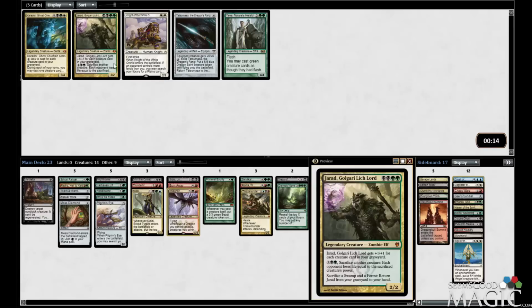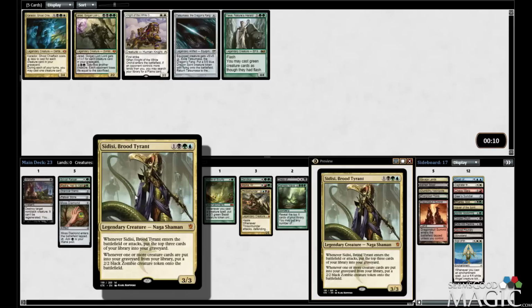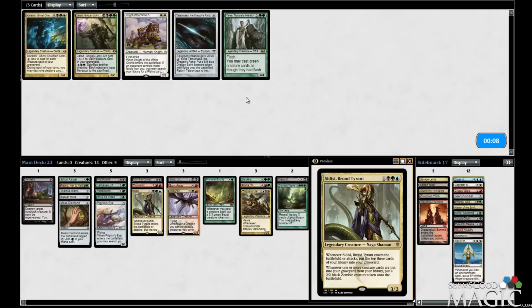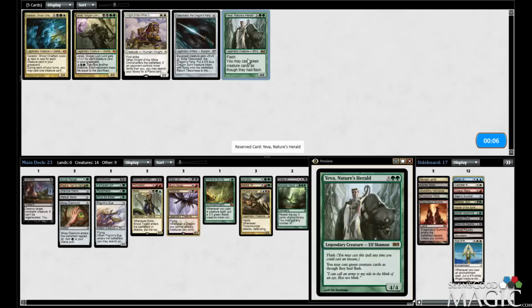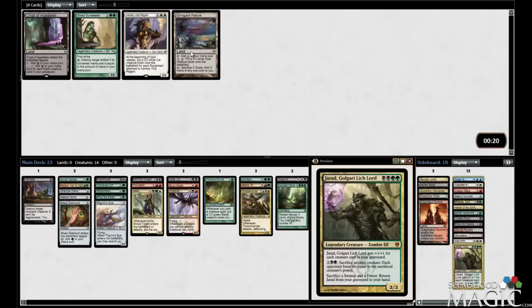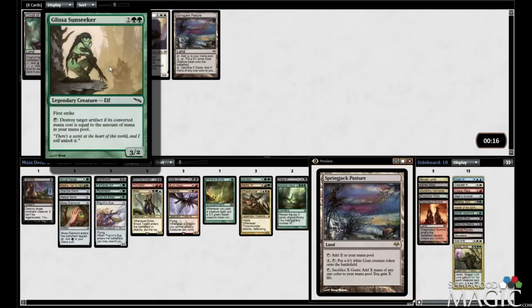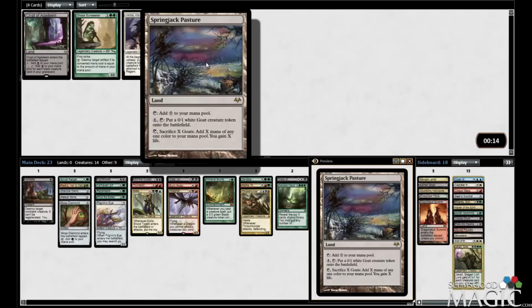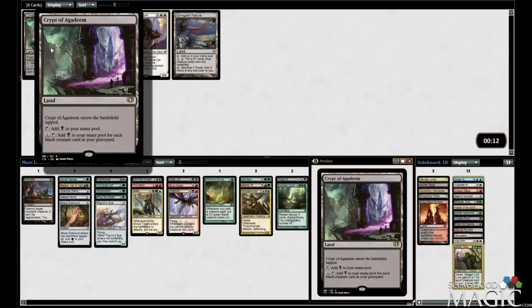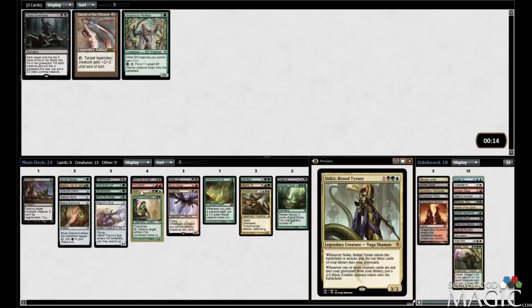Jared's going to be hard to cast. Yeva's okay. Like, I could see cutting the Sidisi for it. We don't even really have that many green creatures we want to flash in. I'm going to take Jared. I don't think we play it at the moment. Glissa I will take, though. Happily. Like, we don't need goats. We don't need, like, that. Like, I think we just play Glissa either...